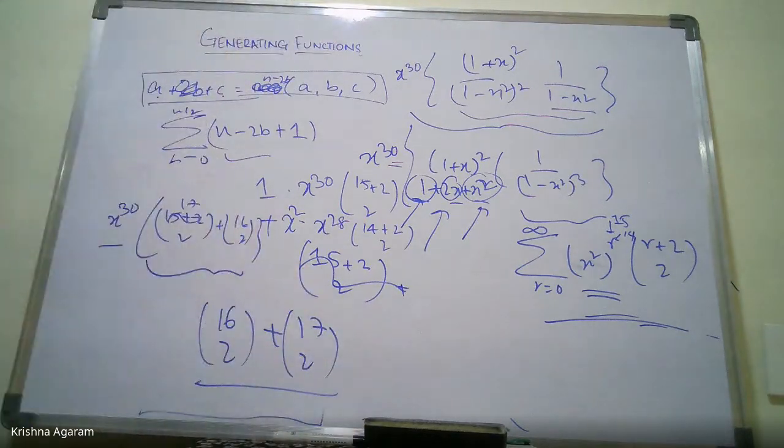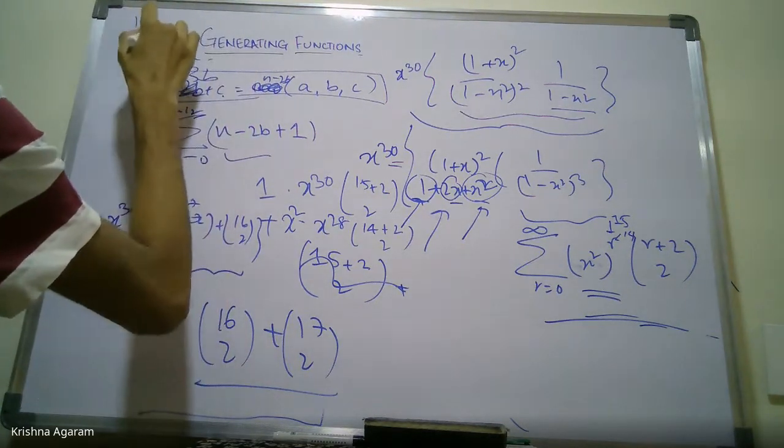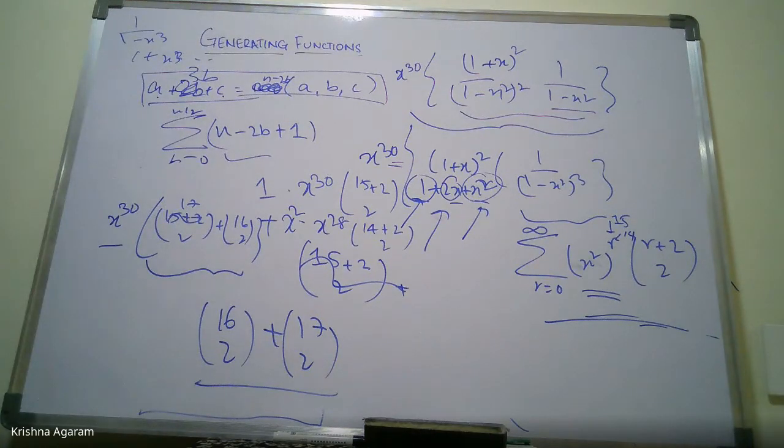How many ways can you do that? You can generalize this. If you have 3b, you just take 1 plus x plus x squared, meaning 1 by 1 minus x cubed. 1 minus x is again a factor of 1 minus x cubed, so you can just multiply by 1 plus x plus x squared. Always 1 minus x to the n. If you have nb also, then 1 minus x is always a factor. As n gets larger, it's of course computationally more difficult to do it, but in general that's very reasonable. Of course, be creative and find some other methods if that's faster.